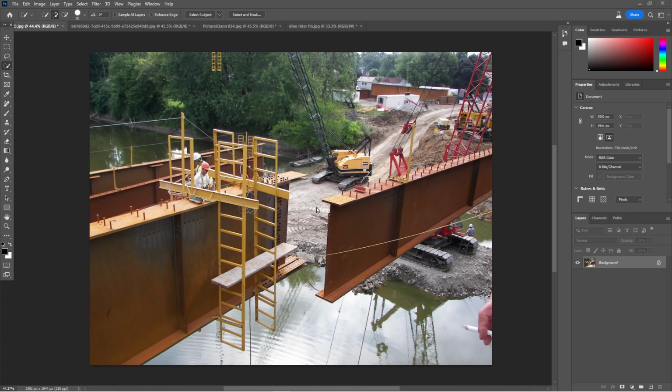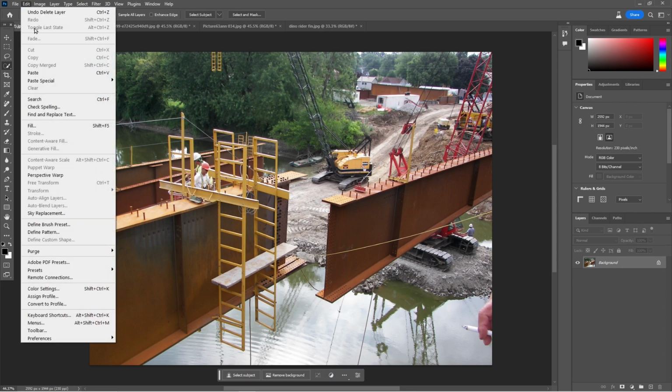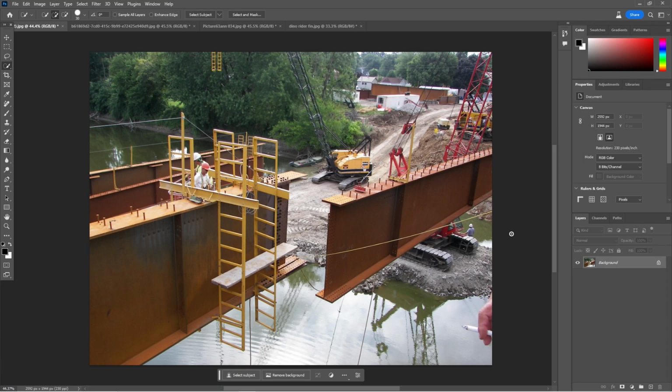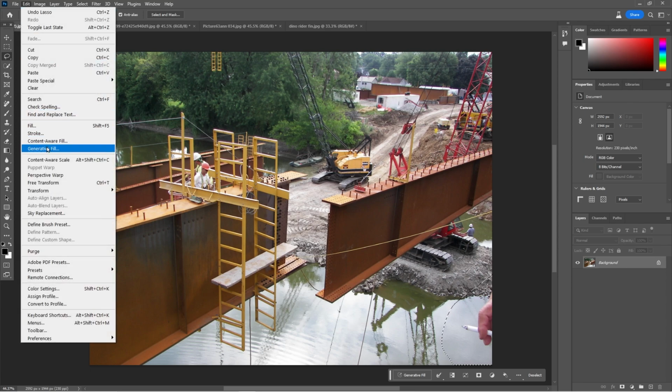Hi, I want to give a quick introduction to Generative Fill in Photoshop Beta. It's a beta feature under Edit, Generative Fill. It's hard to say sometimes. The thing I found the most useful is that if you select stuff like this, you go to Generative Fill. I already have it open, but I'll just show you it's right there.